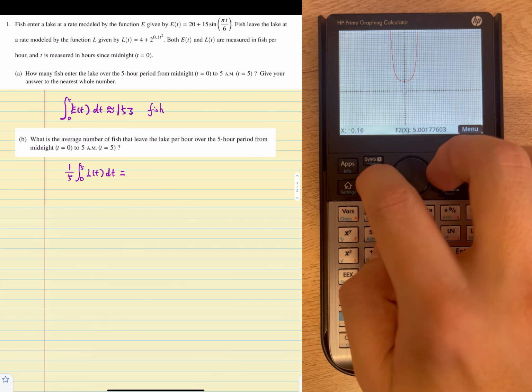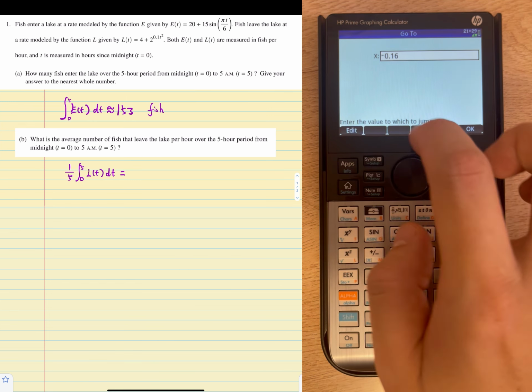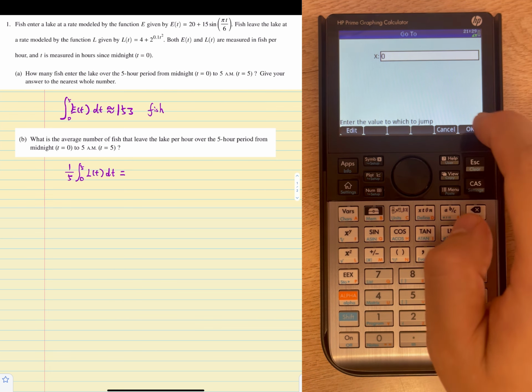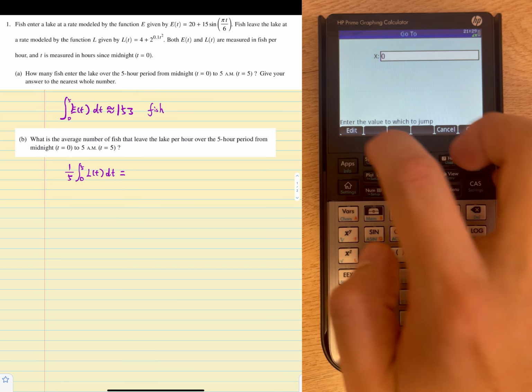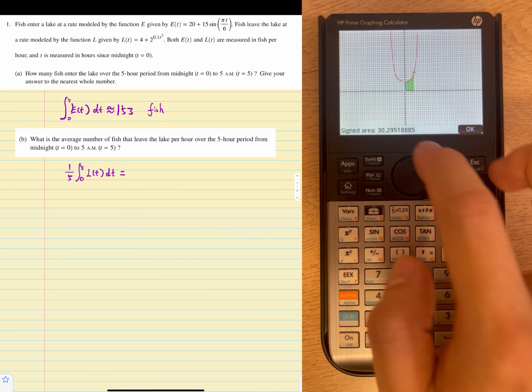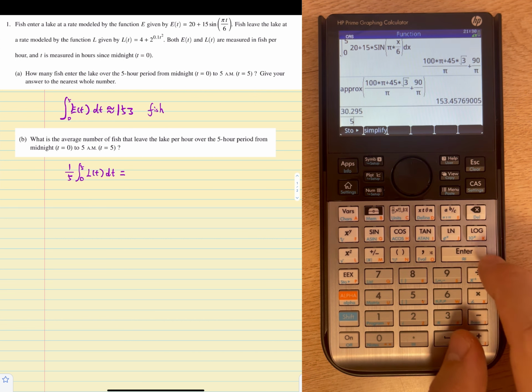30.295. I forgot. No, let's go to the function again. The sign area, go from 0 to 5. Okay, 30.295, no problem. And that's divided by 5. We got